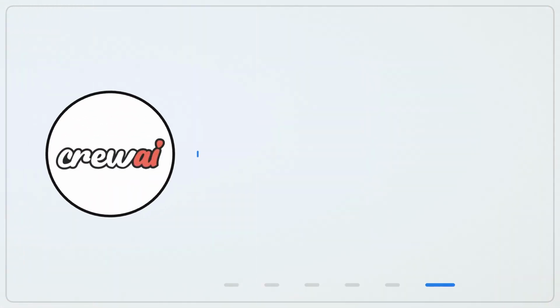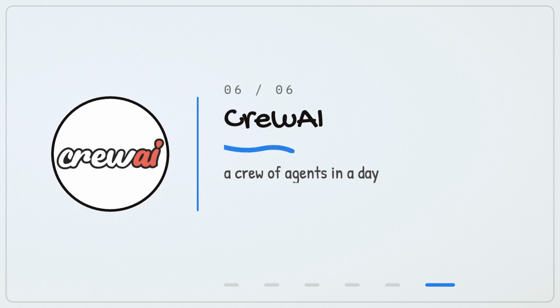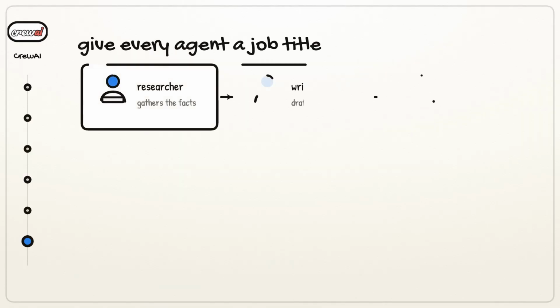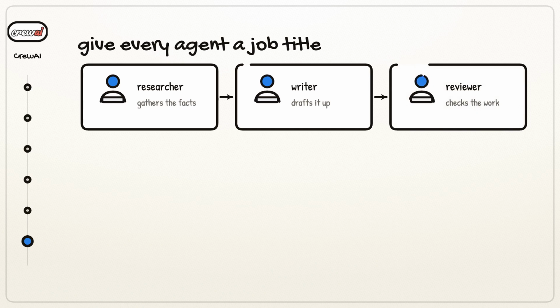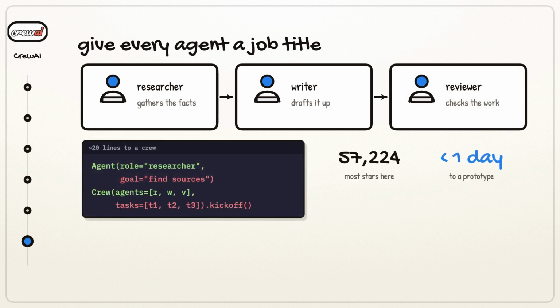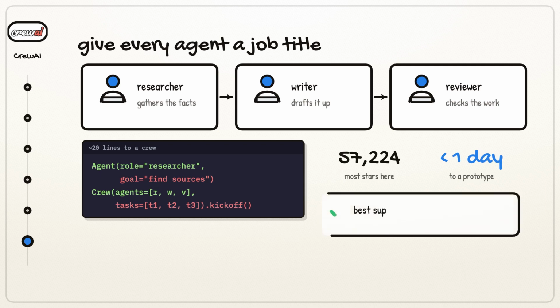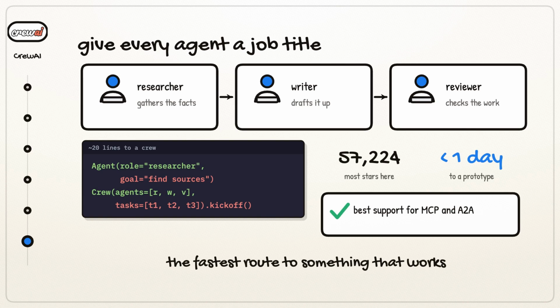Learn this one second. CrewAI. It is organized around roles. One agent is the researcher, one writes, one reviews. It is the fastest way to a working prototype, roughly 20 lines of code, and most people get there in under a day. It works with any model through LiteLLM. It has 48,000 stars. It is MIT licensed, and it has the best support for both open standards, MCP and